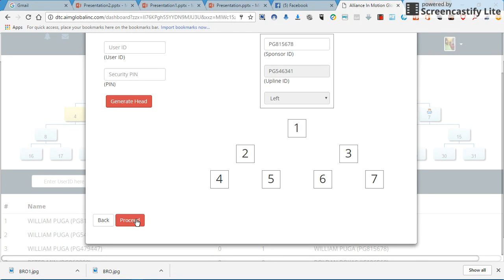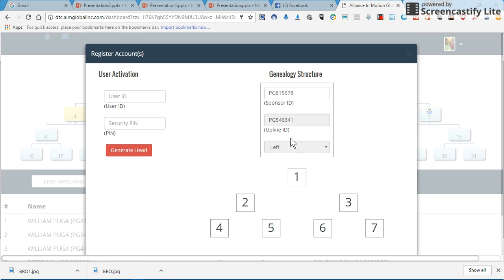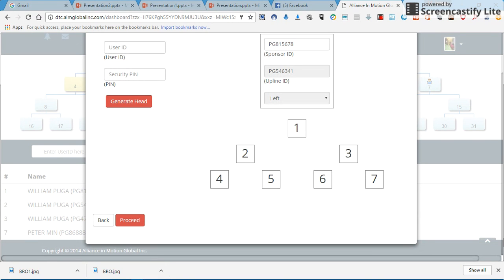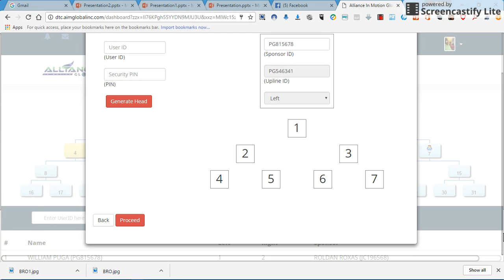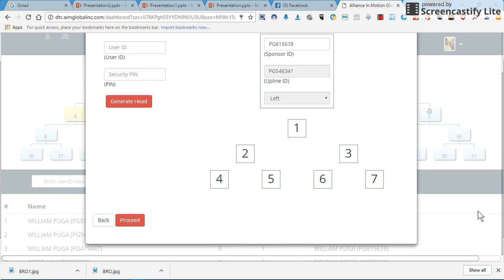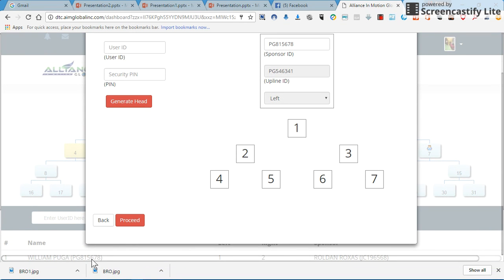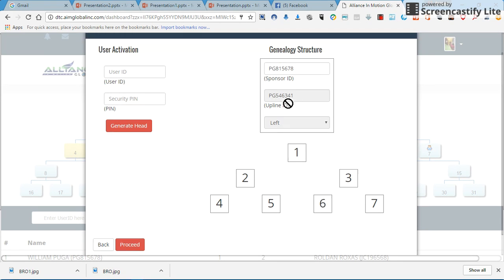Okay, then next. After that, here the sponsor is PG8, his first account. Let's show the first account here: PG815678.